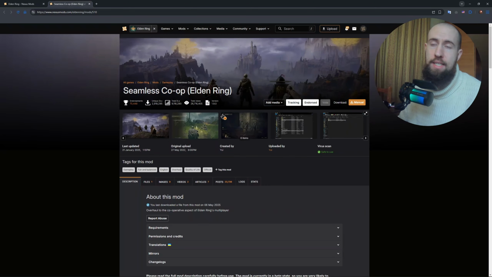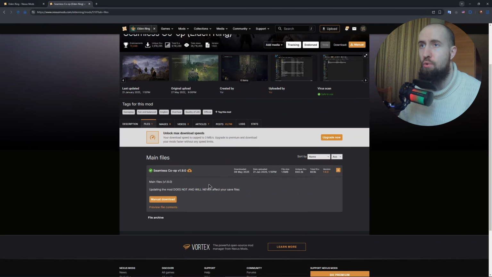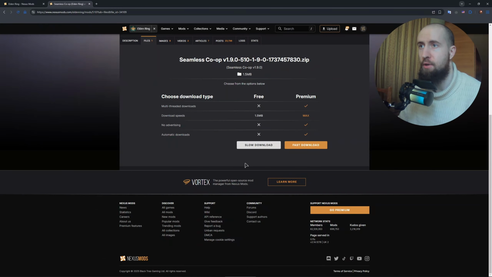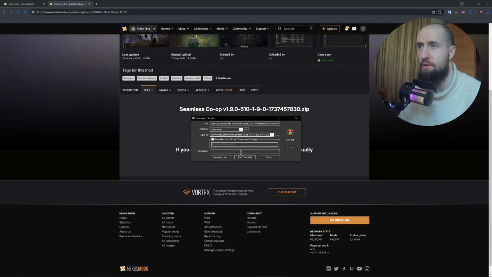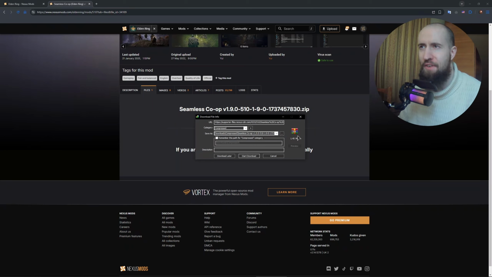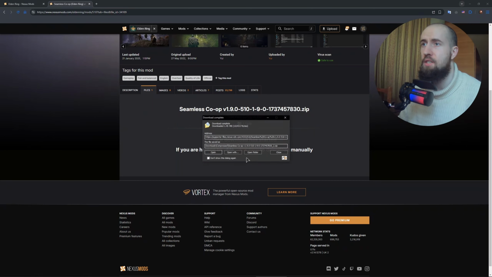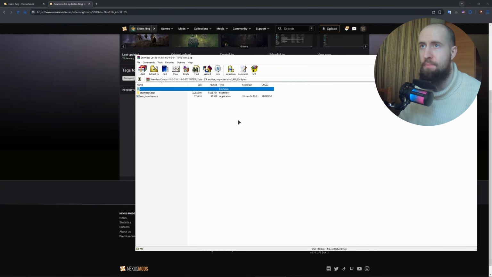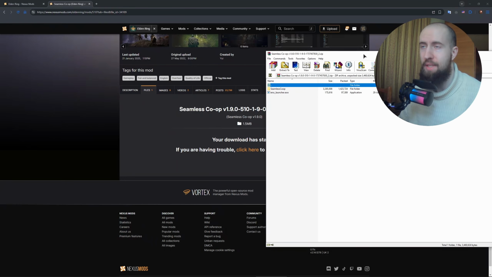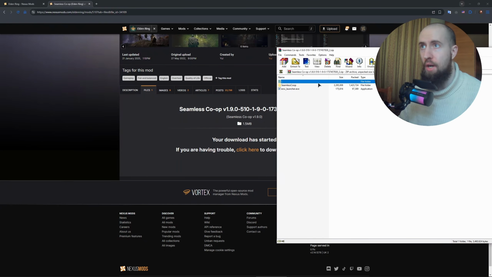Guys, it's very easy and straightforward to install this mod. You just go to the files, you download the required files, so manual download, after that slow download. Right, as you can see, guys, you will have this very small archive, only 1 megabyte in size. Start download, after that open it up, and guys, you need to drag and drop these files into your game's